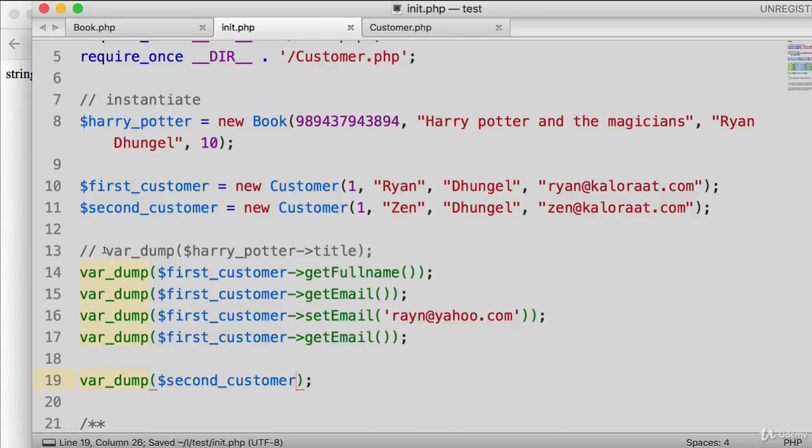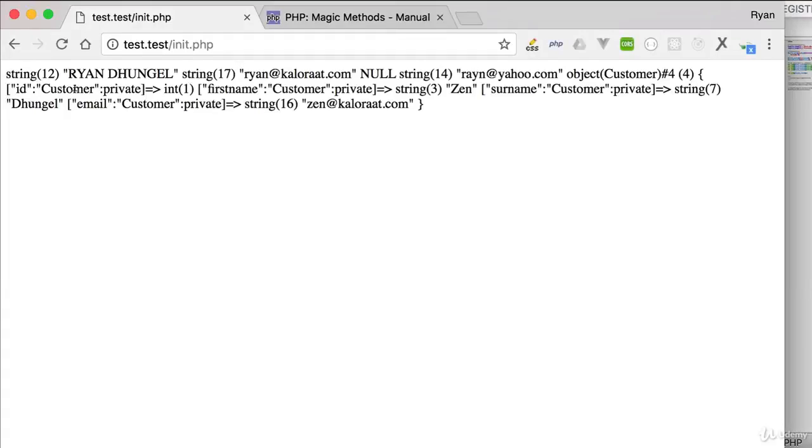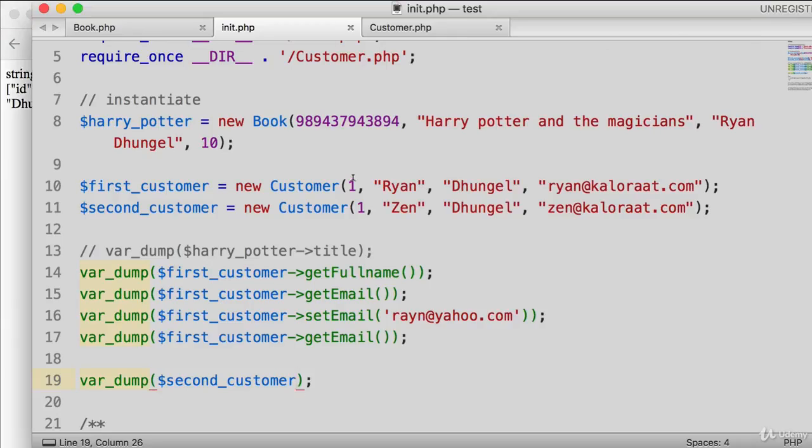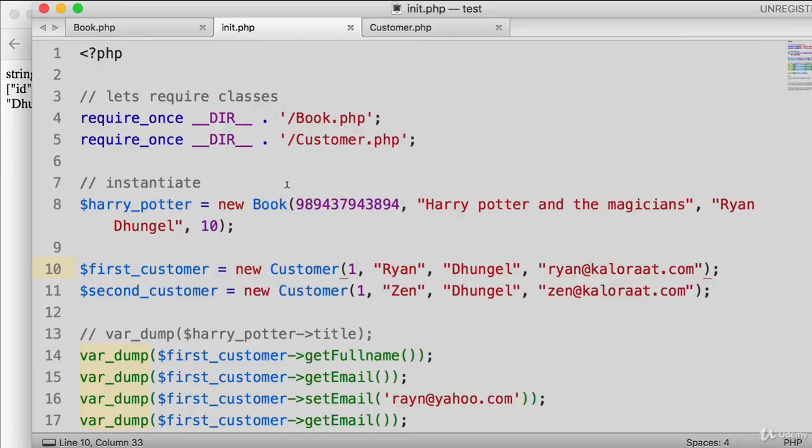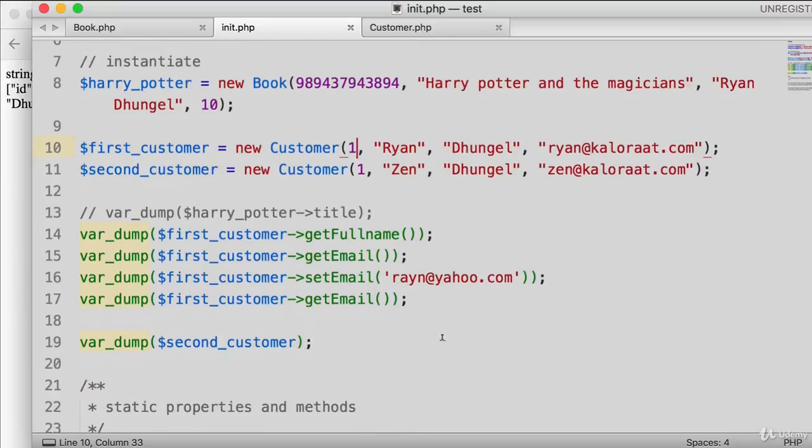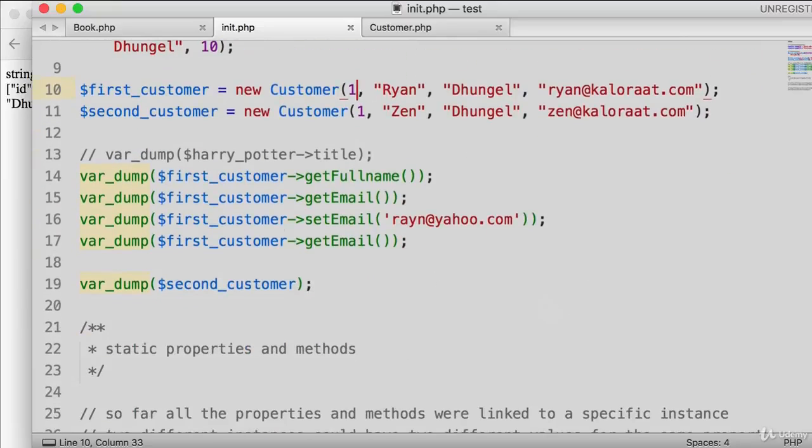Okay, let's give it a try. The second customer we created with Jen, with the surname of Dingle and the email of Jen. And we still have the previous one. So class remains the same, properties remain the same, but based on the instantiation we get